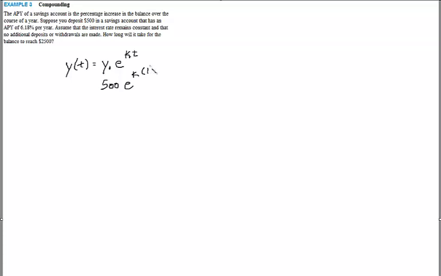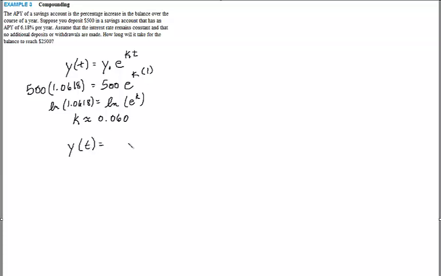So at time equal 1, I made 500 times this interest. So we will just write 1.0618, so we don't have to do any addition. And then I'll get that k value. Okay, I got that k value. That means my growth function looks like, there's my 500, e to the